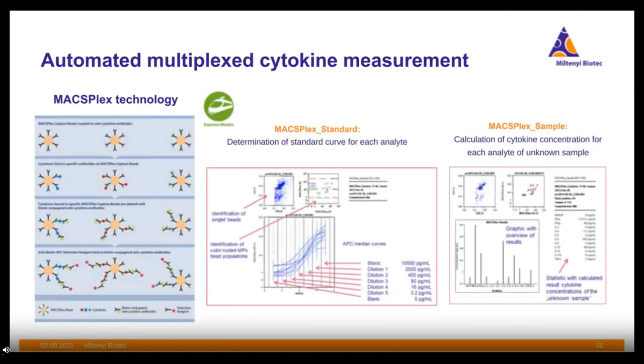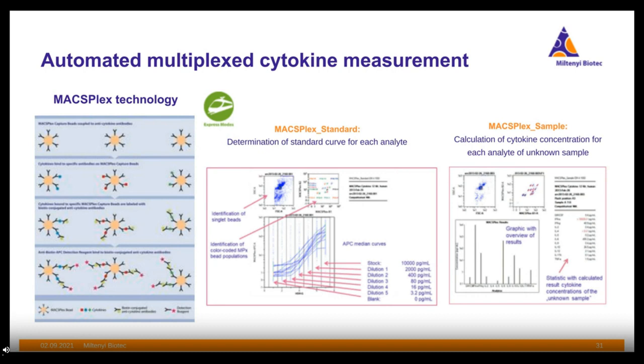For the last example of cytokine measurement, we used our bead-based method to measure multiple secreted cytokines quantitatively. For those who are not familiar with how this method works, here is a quick outline of the principle on the left-hand side. Basically, secreted cytokines are captured by fluorescently labeled beads coated with capture antibody, and then you stain it with